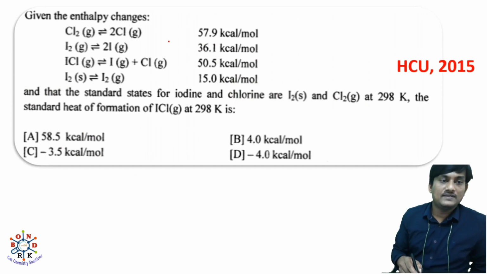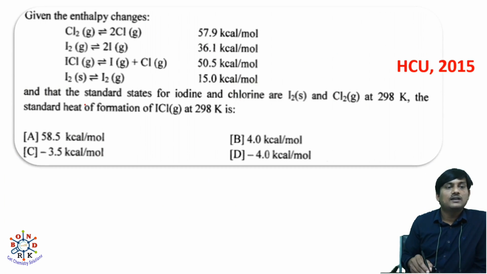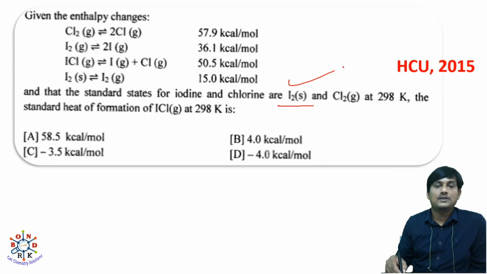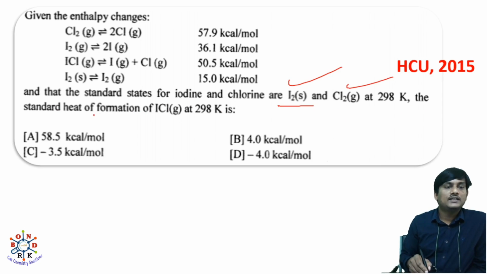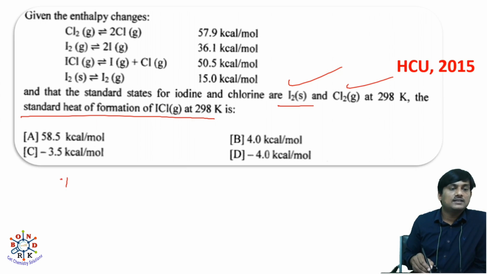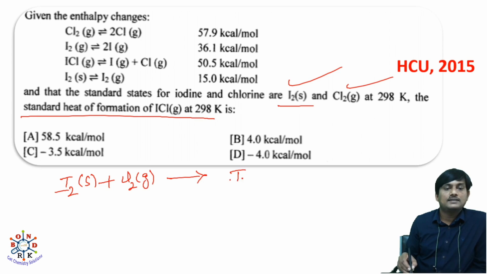Given the enthalpy changes, and that the standard states for iodine and chlorine are I2 solid for iodine and chlorine gas for chlorine at 298 Kelvin, what is the standard heat of formation of ICl gas at 298 Kelvin? Standard heat of formation means formation of ICl from its elements at standard condition. So these are the elements at standard condition: I2 solid and Cl2 gas, and there is a formation of ICl